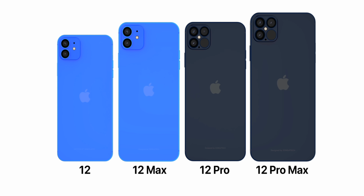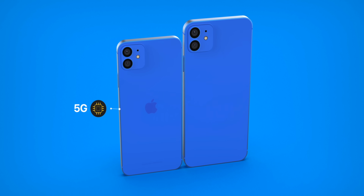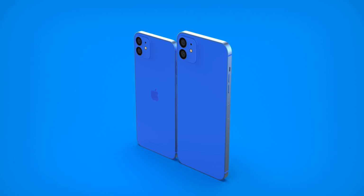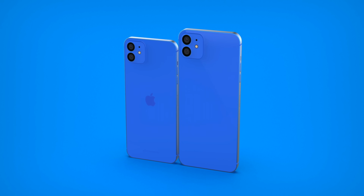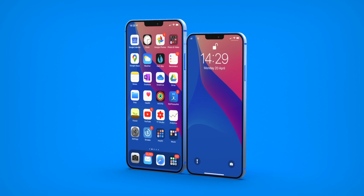And Jon Prosser has revealed the prices for the iPhone 12 lineup. You might have already seen these, but if you haven't, here you go. So according to Jon, the 5.4-inch iPhone, so the regular iPhone 12, will only cost $650. And it will come with not just a beautiful OLED display this time, but also 5G as well as 2 camera modules. Man, that's pretty nuts. So $650 is less than what the iPhone 11 costs, which starts at $700. And while yes, you do get a much smaller phone, you also get a ton of upgrades over the 11, such as a more modern design, a much better display, better performance thanks to the brand new Apple A14 processor,